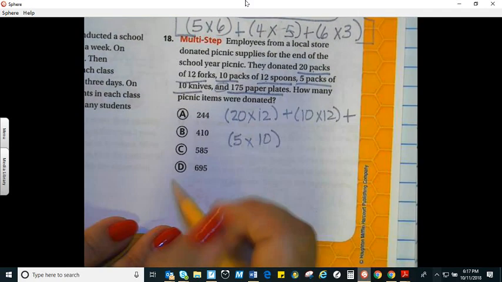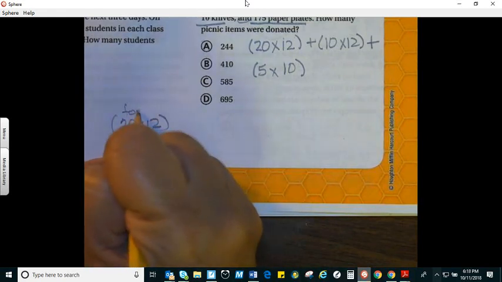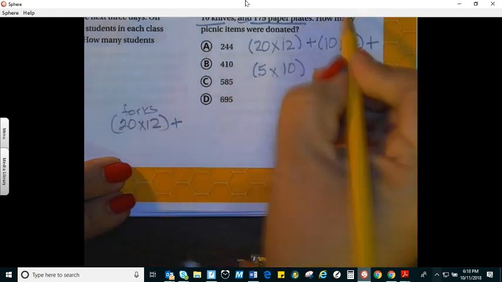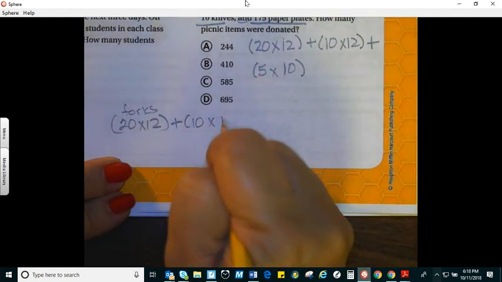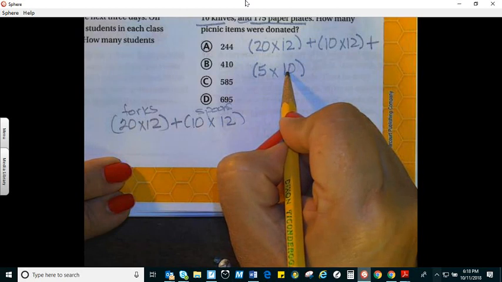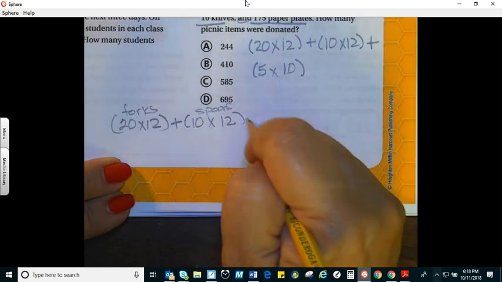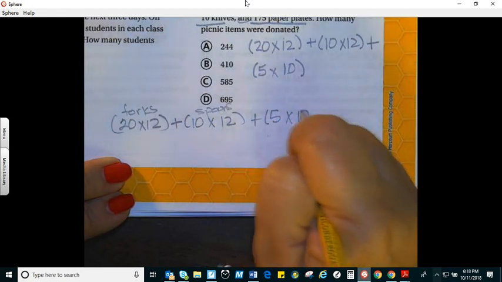I should have written it down here. Matter of fact, let me do that so we can bring that down. So here I have 20 times 12. Those are my forks. And then I have my spoons at 10 times 12, which is my spoons. And then I have my knives, 5 times 10 are my knives,